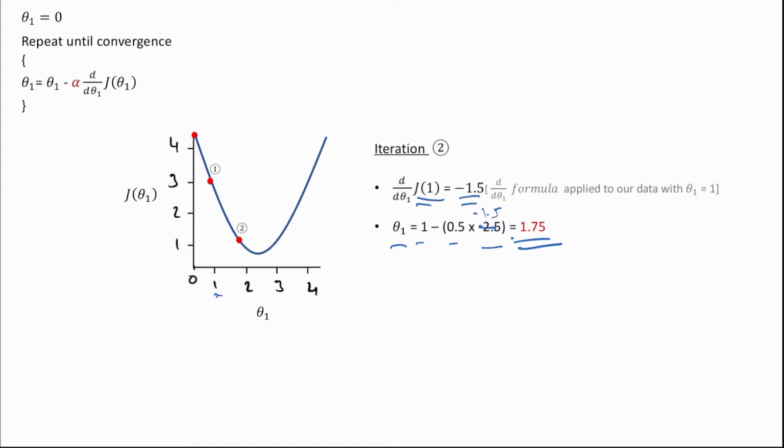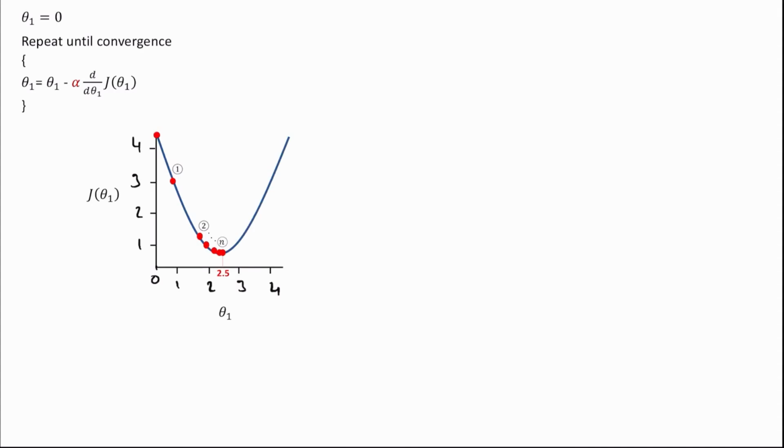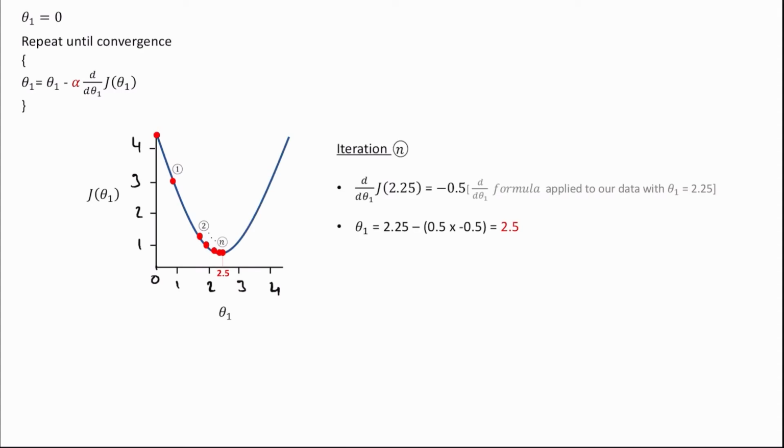So now it's getting even closer. So we repeat this algorithm again and again until we do it n times and we reach our minimum. dd theta 1 of J at 2.25 represents the previous iteration, the one before last. And then we simply update theta 1 by setting it equal to 2.25, which was this value here, and we subtract our alpha times the value of our derivative at 2.25 to give us 2.5, which is found